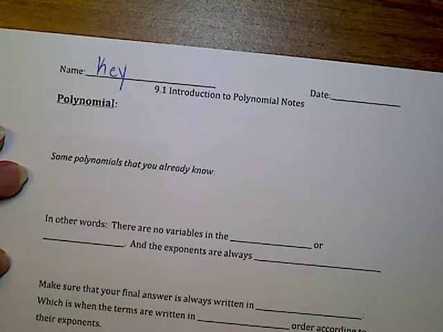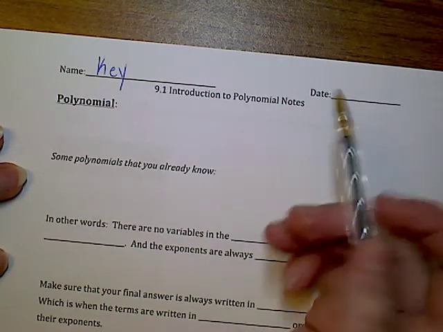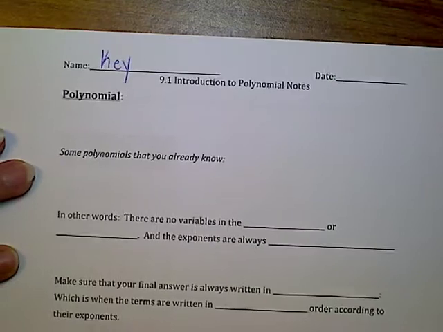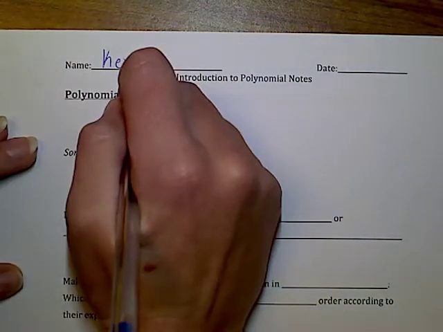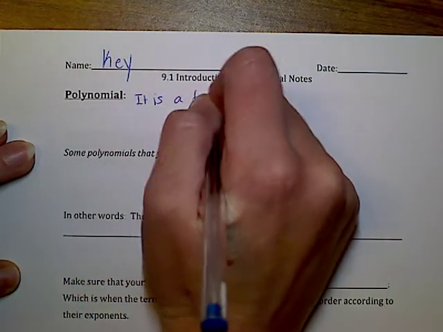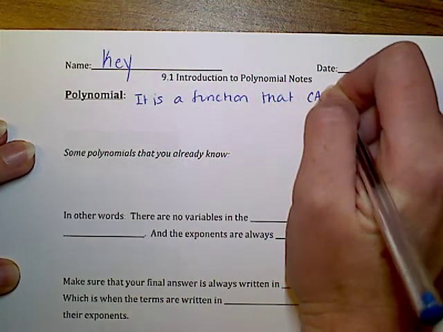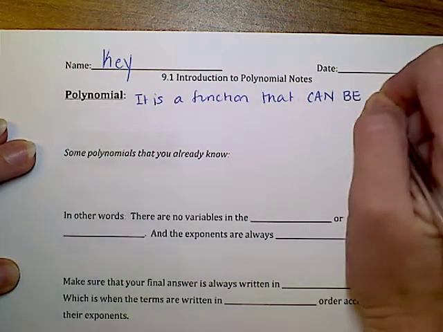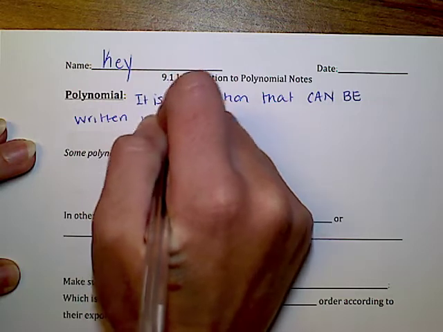Okay guys, today I just want to take care of some of the vocab that's going to be associated with the 9.1 notes. And Chapter 9 is all about this idea about polynomials. Now there's a really fancy definition of a polynomial. It is a function that can be written, not that it always is, can be written in the form